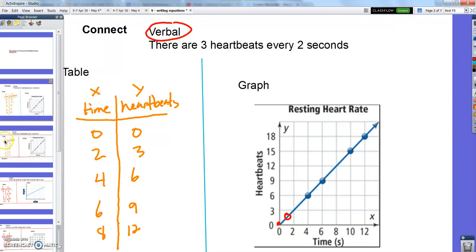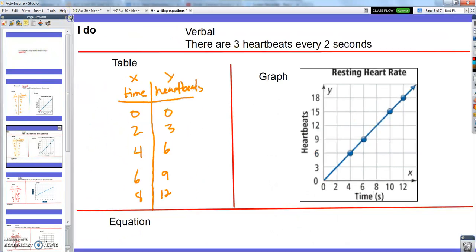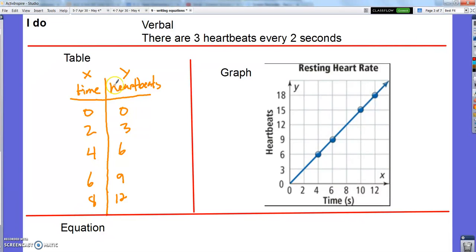So I want to expand that just a touch today and add one more representation to it. So here's the exact same relationship, and I want to add this equation representation today too. A proportional relationship can be represented with a simple equation. So if I look at this, there are 3 heartbeats every 2 seconds, or the table, or the graph. My favorite way to be able to write this equation